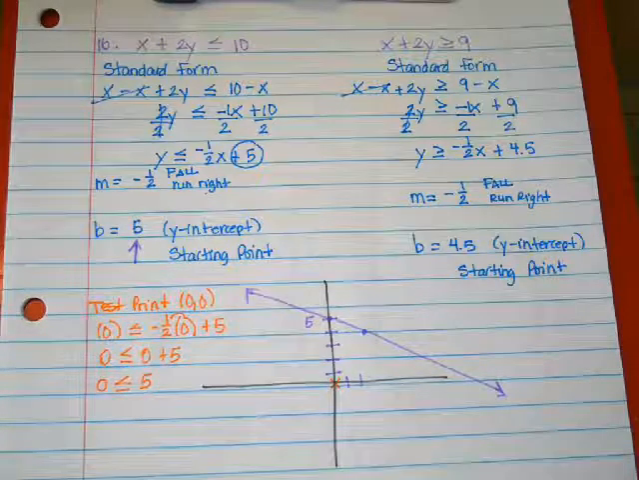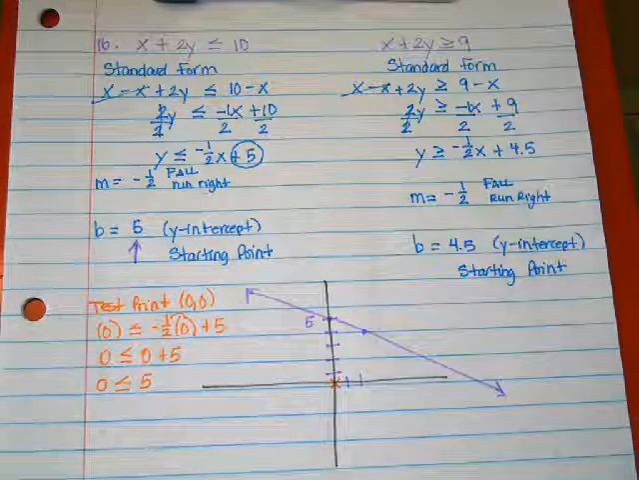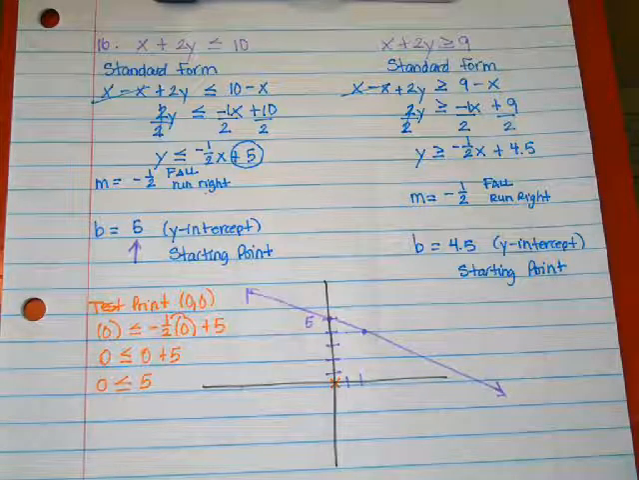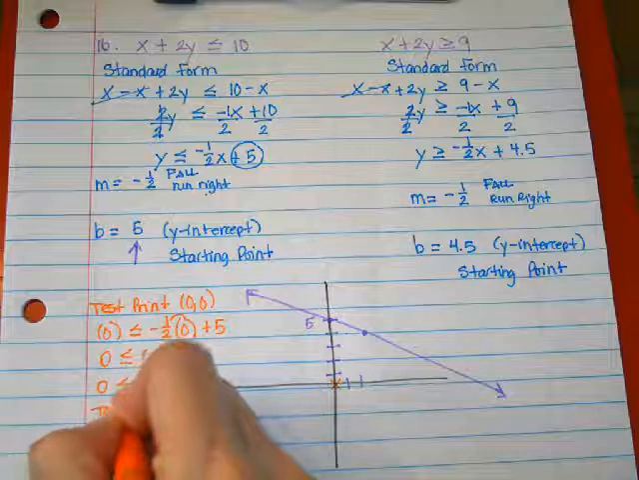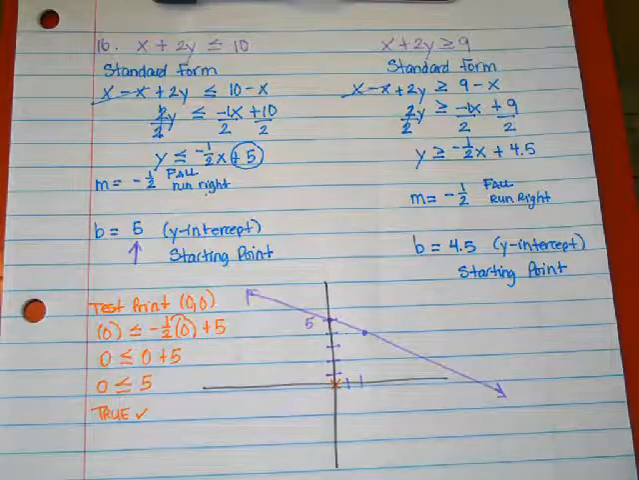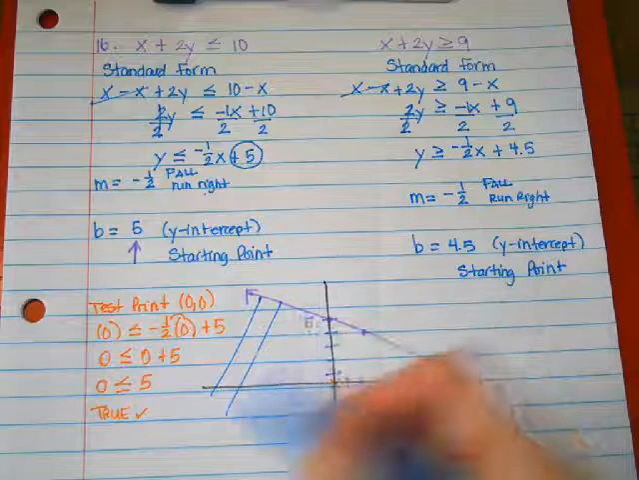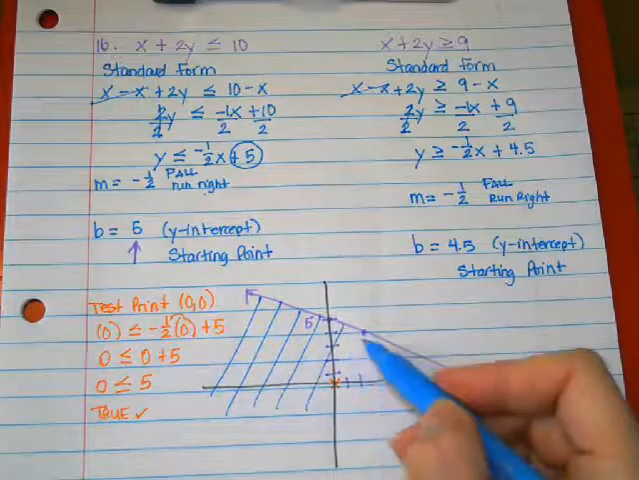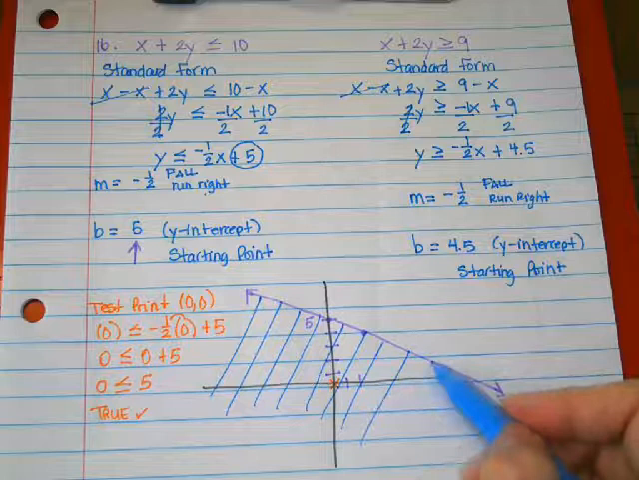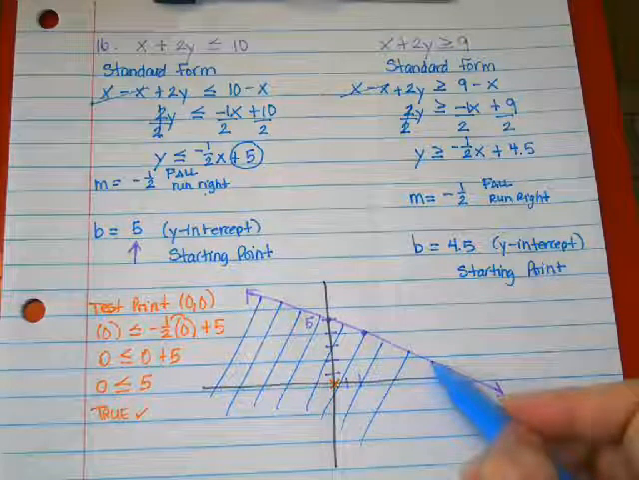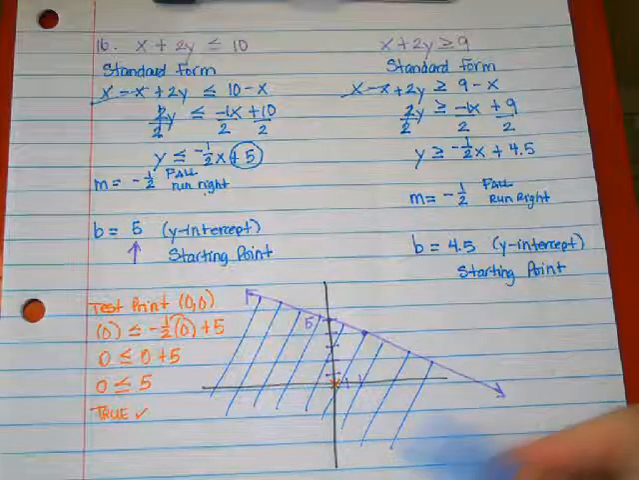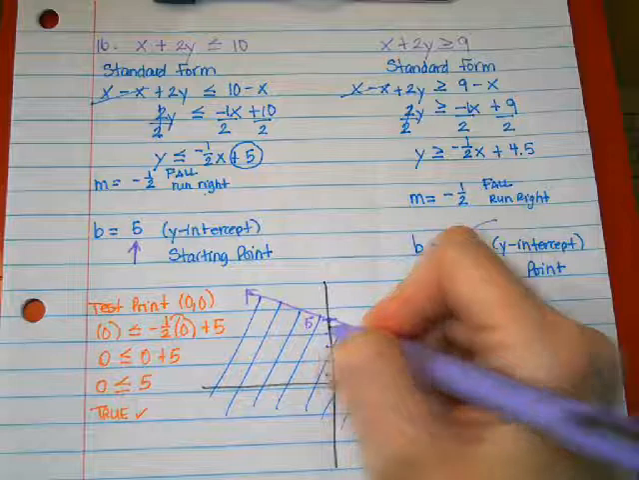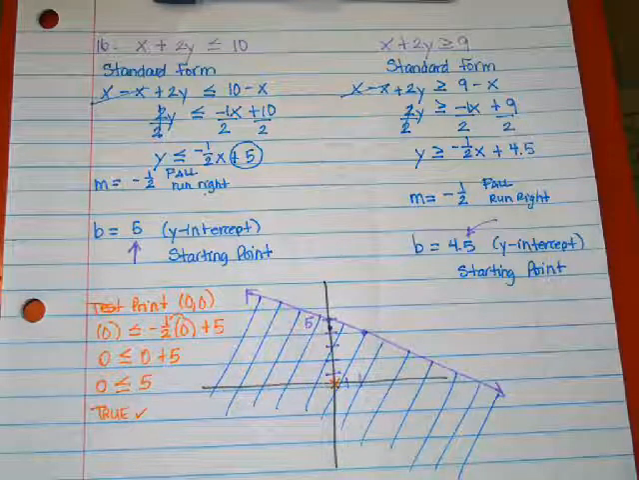So what do you think? Is 0 less than or equal to 5? Yes, 0 is less than 5. So this is a true statement. So since this is true, we'll shade on the side where our test point is. So we're going to shade down. Four and a half right there. It's really close to our 5. So from there,